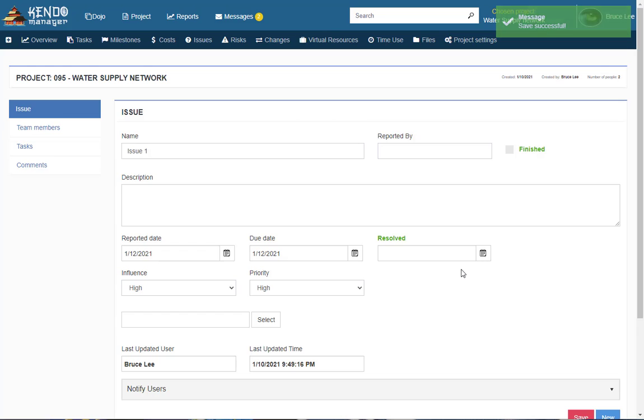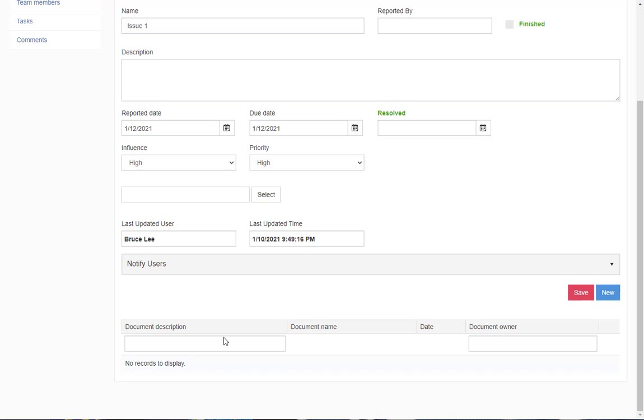If we have a document about the problem, we can upload it to